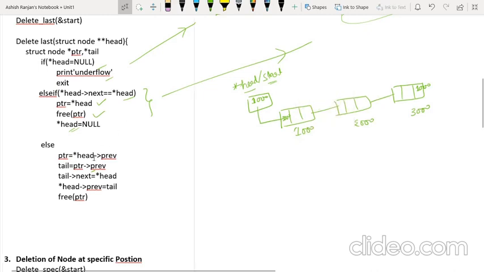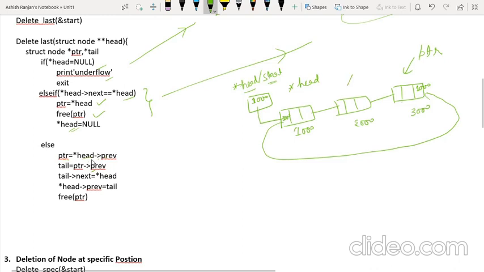What I want to say is, head ka prev, this is the head, asterisk of head. Head ka prev means we are talking about this node, that is head ka prev is equal to 3000, and 3000 will be stored in prev, which means PTR is pointing to the last node, not the first node, because head ka prev means we are talking about the last node.